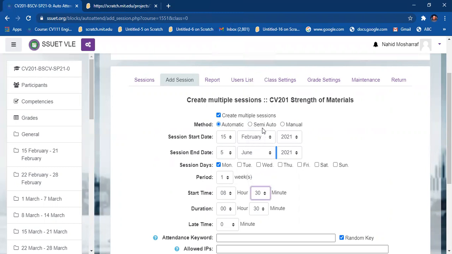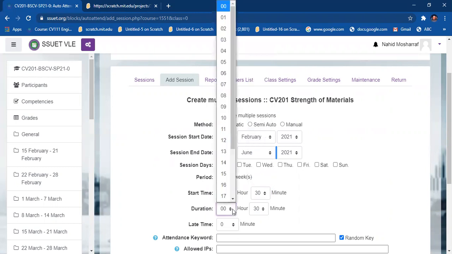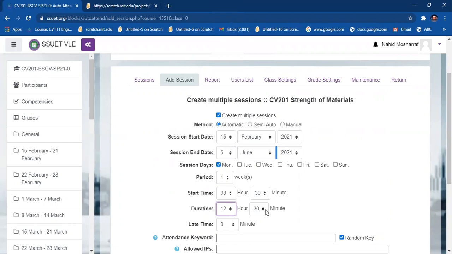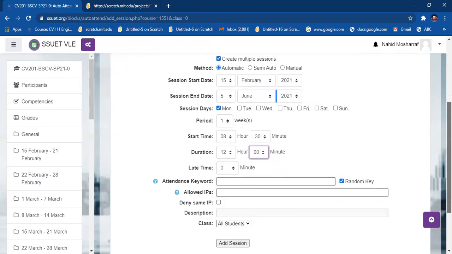So I have to click on 8:30 and it will go on. I will provide them 10 or 11 hours of duration, because I am having lab up till 2 o'clock. So I have to click on 12 hours and it will be 00. And there is no late marking, and this is done.